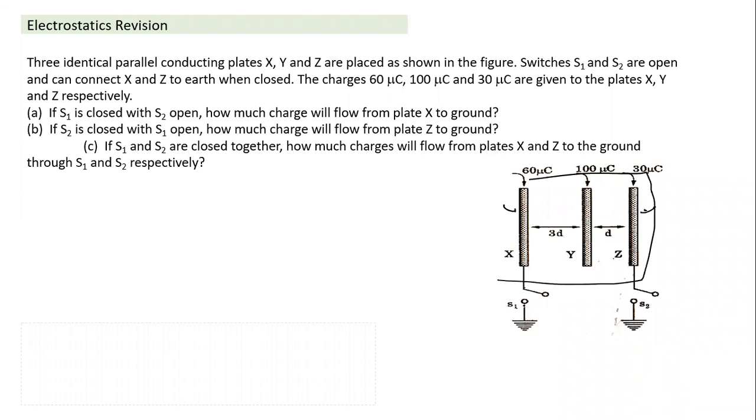The moment we ground any of the plates here, the initial net charge is equal to plus 190 microcoulomb, and on grounding it becomes zero. So how much charge will flow? If I ground only one of them, the charge flowing from this plate to the ground will be equal to 190 microcoulomb. Or if not that much charge flows, the charge on this plate will become equal to minus 130 microcoulomb, if only this plate is grounded. If this plate is grounded, the charge will flow from here.